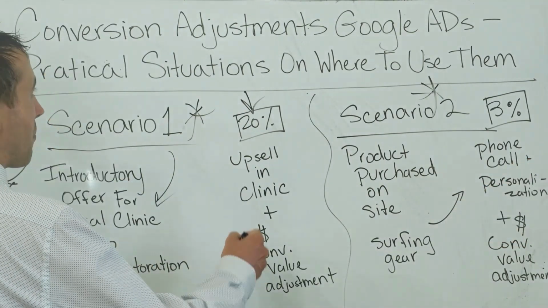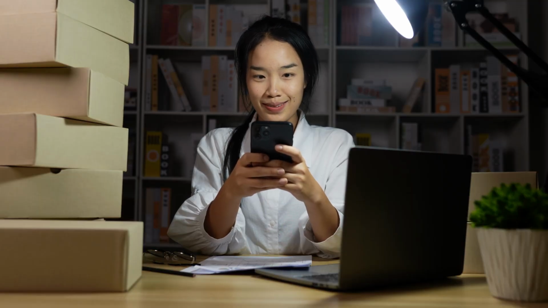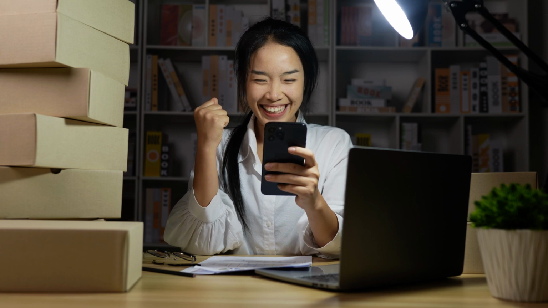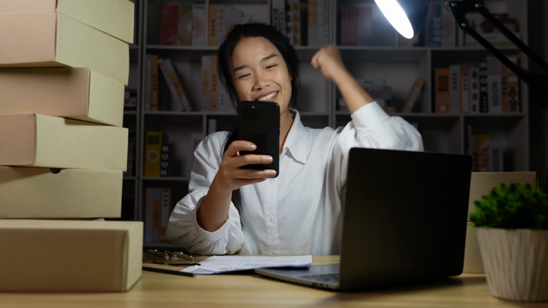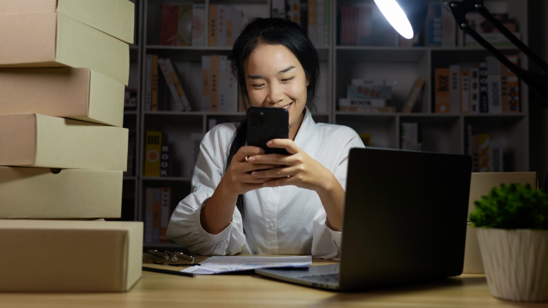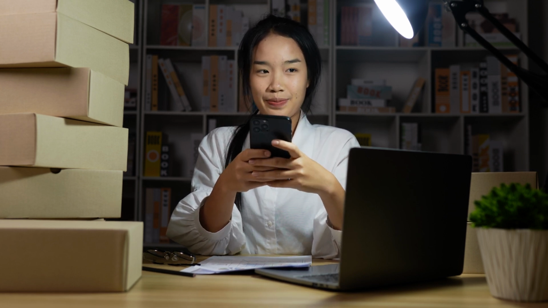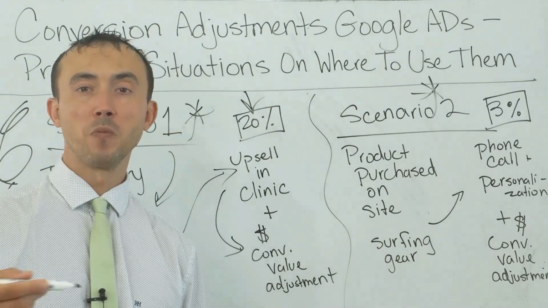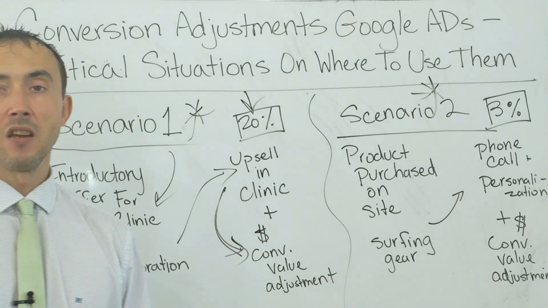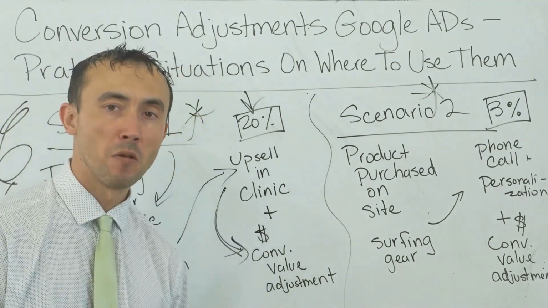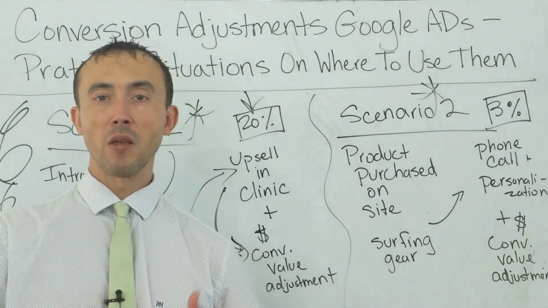Anyway, going back to the topic of this video, conversion adjustments: for every upsell package we were able to sell, we told Google that the value of that particular $10 initial purchase was much, much higher when those upsells happened, the 6 prepaid services at a 30% discount. So that, with the smart bidding of the campaigns we were running, and also on Facebook, the system, the algorithm that runs the ads,